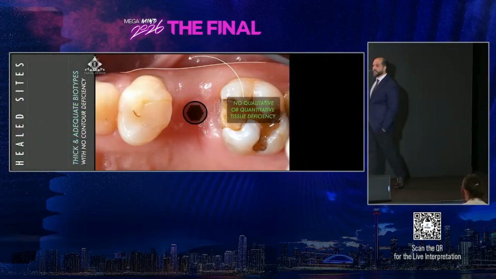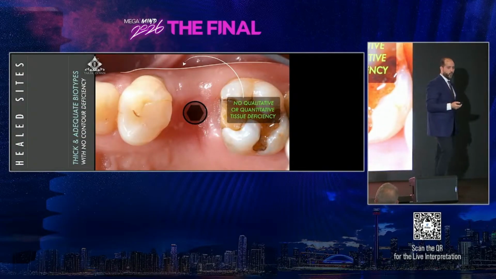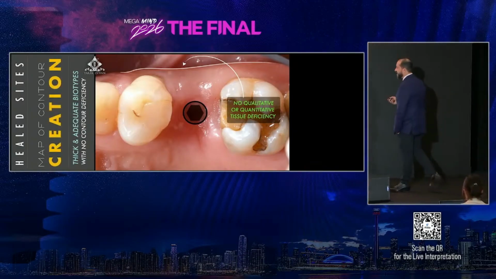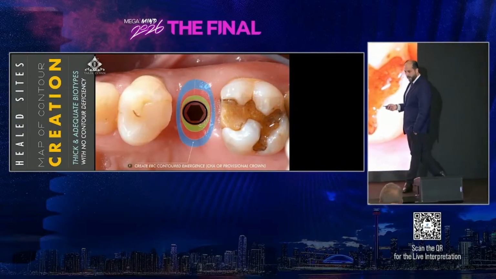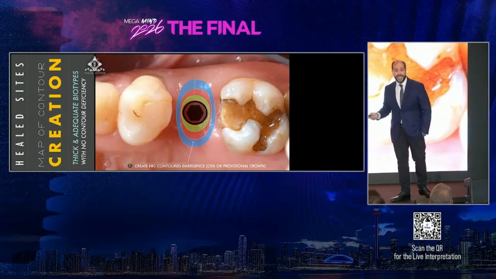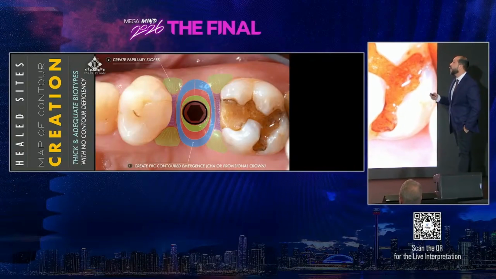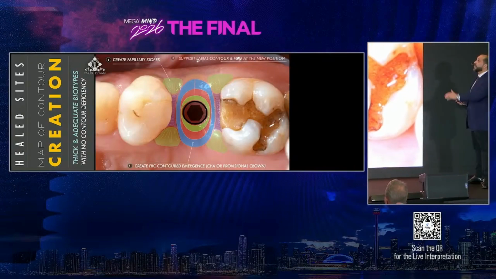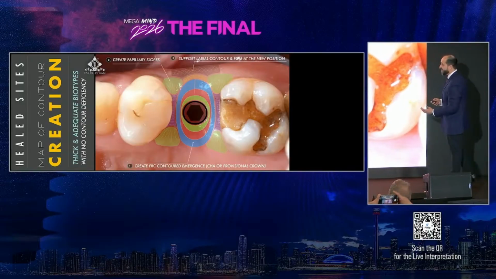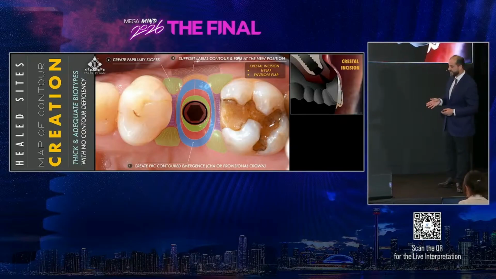So simply in such cases, we started with no problem, not quantitative, nor even qualitative tissue problem. So simply we follow the map of contour creation, where basically I need to create back an emergence profile following the EBC contour concept of Meda et al. And as well, that will help me proximally support the new papillae and the creation back of the new papillae, while on the labial side, it will help me as well recontour and support the tissue on the labial side as well. And this can be achieved simply with the help of a crestal incision, whether papillary sparing incisions or